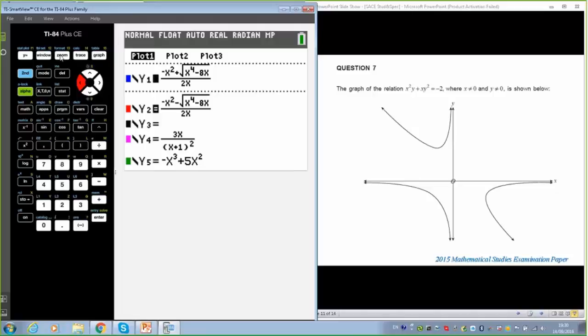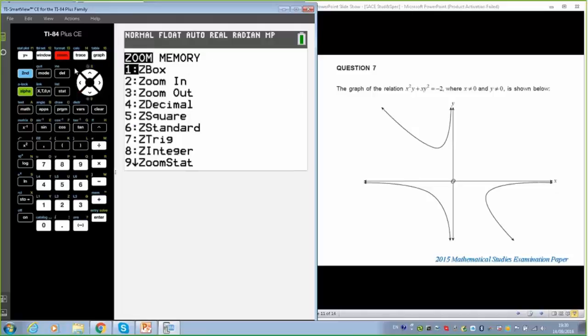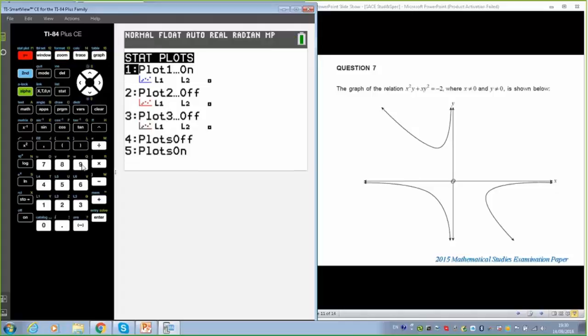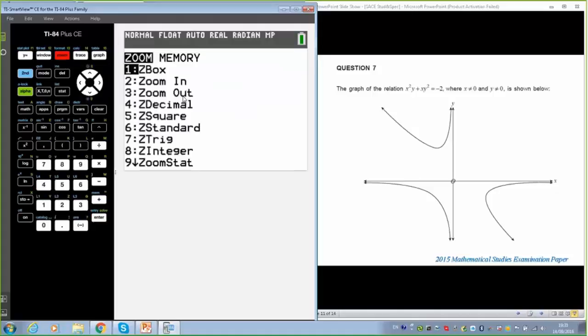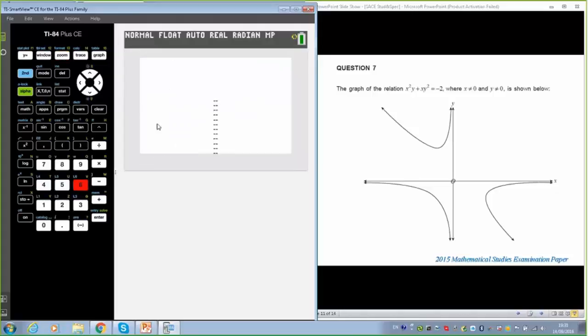And we'll go. You might want to turn off the stat plot as well. Thank you, Carol. Well noticed. I like that. We're going to go zoom standard, but before I do that, thanks to Carol, I'm just going to go number 4 and turn the plots off. A quicker way to do it. And we'll go zoom standard. Let's see if it will fit on here. Okay, not looking too bad. I've zoomed out a little bit too much. We can see here that it's starting to lose it.